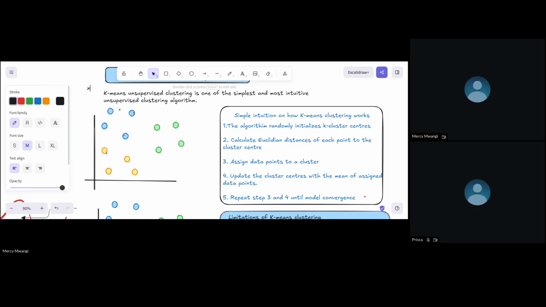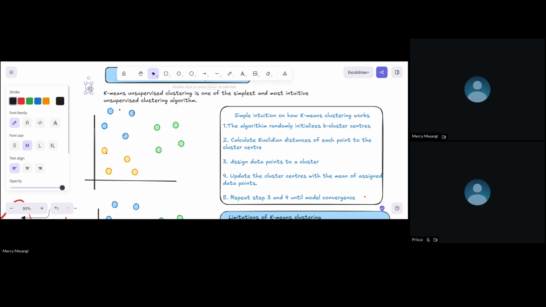So K, this hyperparameter K, refers to the number of clusters that you want your algorithm to categorize your data in. And it is set by you. You as the data scientist, you can say K equals 2, K equals 3, K equals 4, K equals 10, whatever. But there are ways we can optimize for the value of K. So the first thing k-means is going to do is randomly initialize K number of cluster centers,